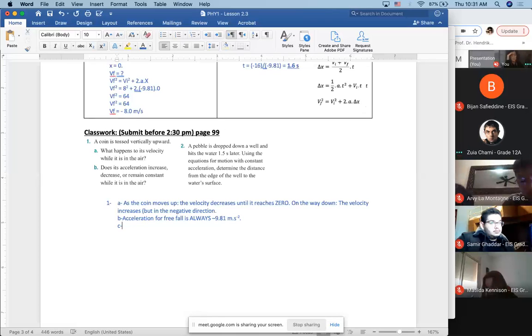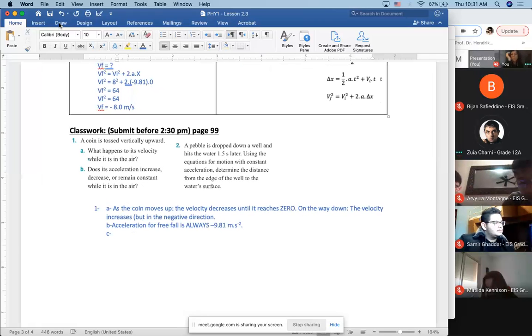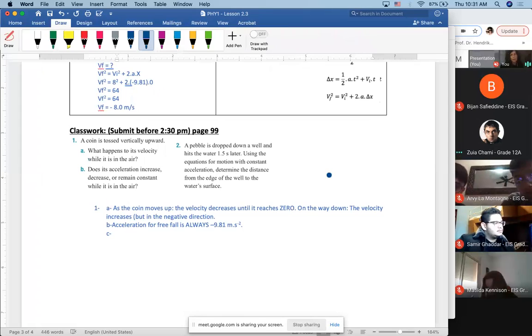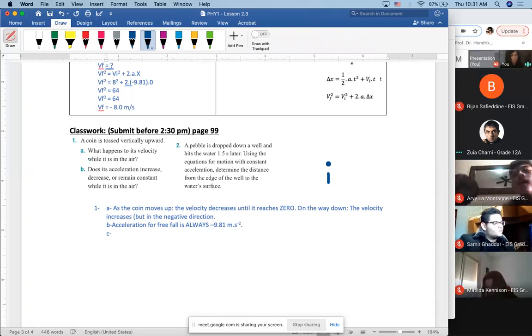Yes. Okay, because as you move up, gravity is against you, right? So you move up, you slow down, and you stop. Then you move back down. Okay? Everything you are slowing down as you move up. By the way,